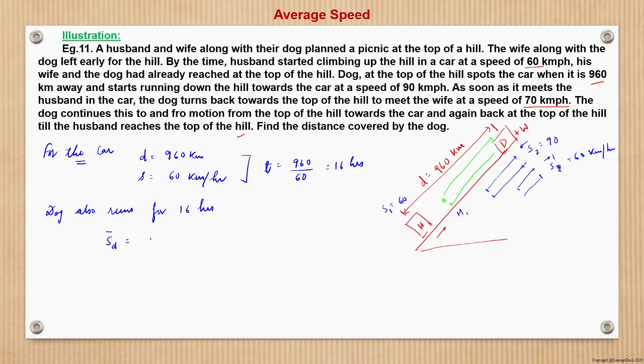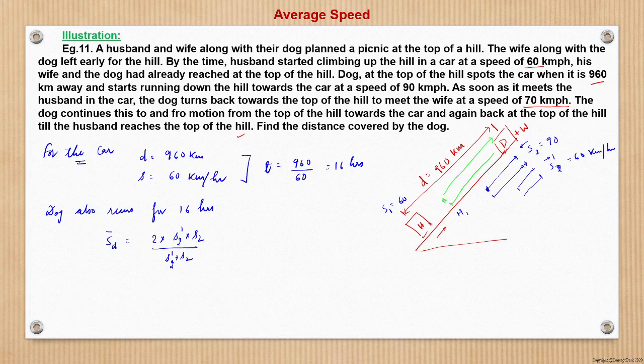Average speed of dog will be what? 2 into S1 into S2 upon S1 plus S2, right? In the second case also, I will not write S2 here, I will write S2 dash, right? In the second meet also, the